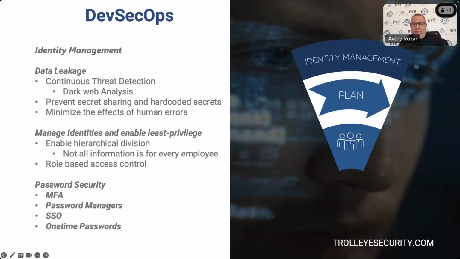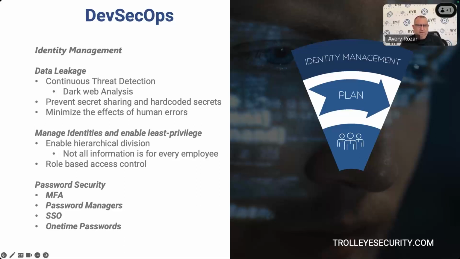So next during the planning phase is you address identity management. Kind of starts with data leakage. You're looking for continuous threat detection, dark web analysis. Our dark web analysis is essentially really second to none. We find usernames, passwords, session tokens, and that should be done on a continuous basis, constantly looking for new threats that are out there that would allow an attacker to potentially get into an application based on leaked information,